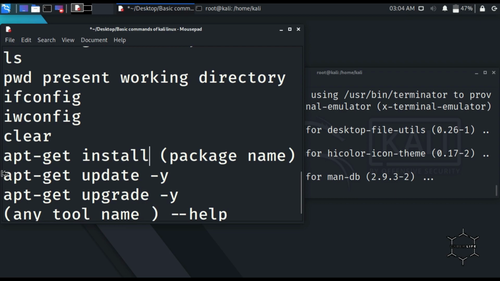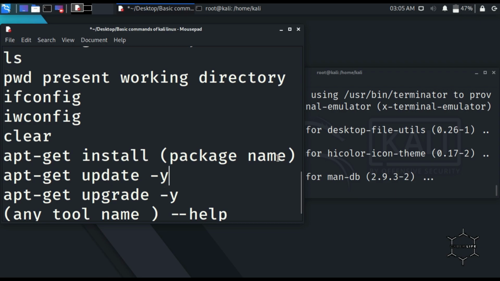Next, we have apt-get update. We have already used the commands apt-get update and apt-get upgrade in the previous video, as our Kali Linux is brand new and we have to upgrade it to increase its performance. We have written apt-get update and apt-get upgrade. This Y is there to allow everything.